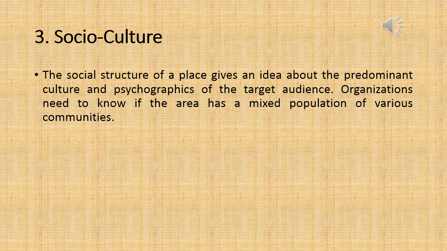Okay, the explanation of this slide is very easy, as it says socio-culture. The social structure of a place gives the idea about the culture which is prevailing in that market, the culture which is prevailing in that society, and the organization needs to know about that area, whether they have a mixed population, and what is the ratio of male or female, old age groups, young groups, children,